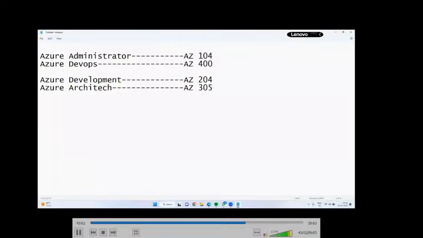These are the four important certification papers. As I said, there are also Azure AI, Azure Cyber Security, Azure Data Engineer, Azure Fundamentals, Azure Machine Learning, Azure Security and Azure Virtual. We have around 15 to 20 certification papers, but the very popular ones are these four.